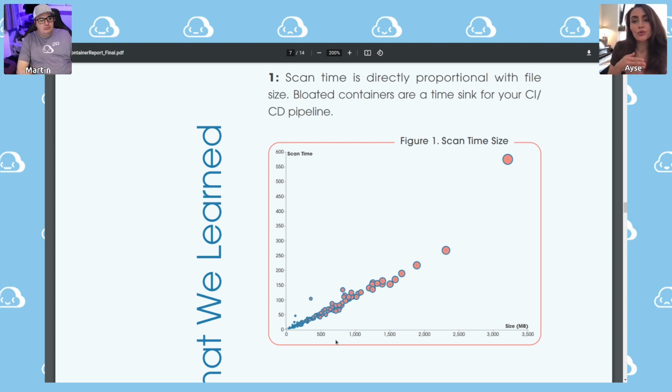Then as you grow your images larger, the scan time starts growing at accelerated rates, which might not be the best news. It could indicate an S-curve or an exponential relationship, like the complexity rises as the size of these containers goes up.